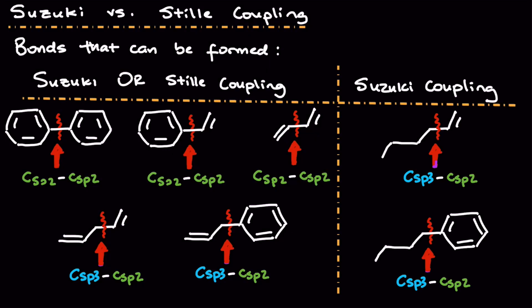The difference here really arises where Suzuki, at least when it comes to substrate scope of your hydrocarbon, has a greater substrate scope. Because your Suzuki coupling can also transmetallate with fully saturated sp3 carbons. So we're looking at just alkyl chains. And the alkyl chain does need to be on the organoboron species or the organoboron compound. And so that can transmetallate because of that